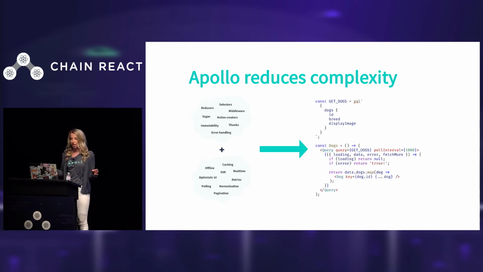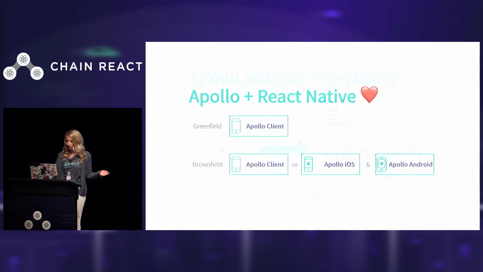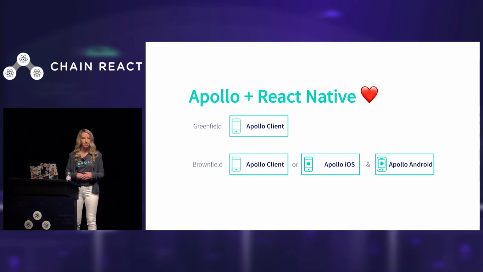So you don't need to worry about normalization or selectors or install a bunch of different packages in order to make this work. You just get all this for free out of the box. And it turns out that Apollo Client is actually a really great fit for React Native. So Apollo Client itself is view layer agnostic. We have integrations for React, we have integrations for Vue, Angular. It's extremely unopinionated. So you can use it out of the box with no additional configuration in a React Native app. And whether your React Native app is completely greenfield, completely written in JavaScript where you would use Apollo Client,